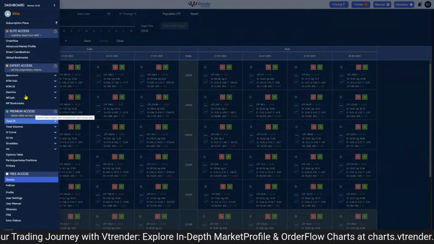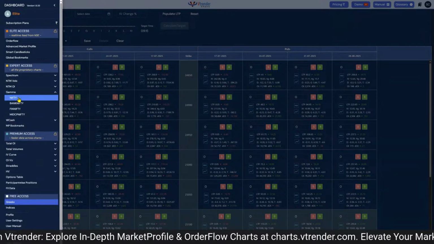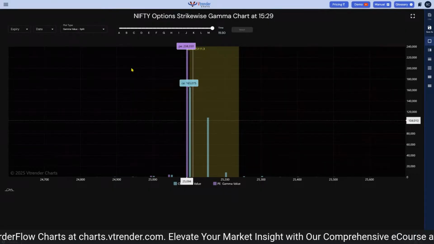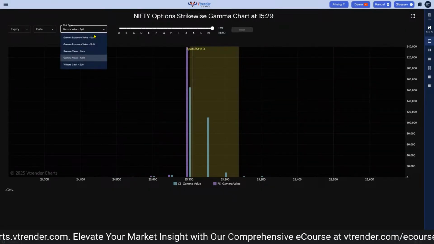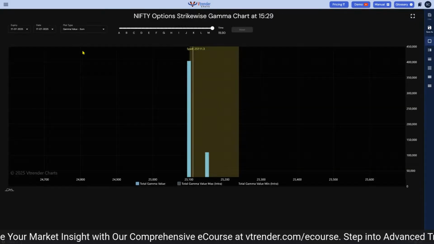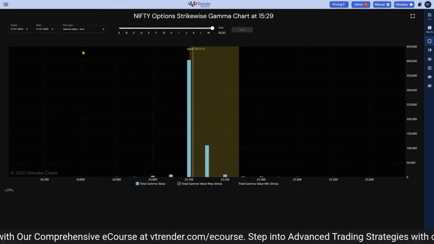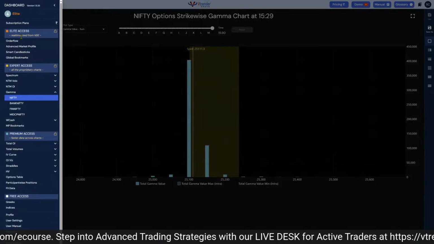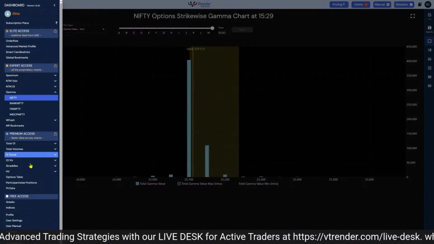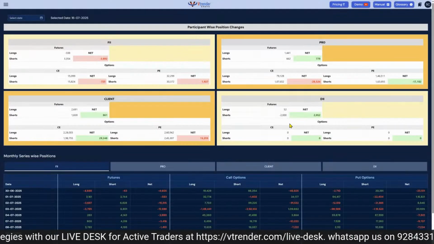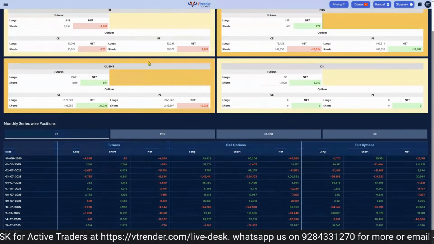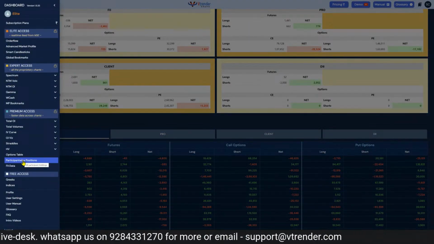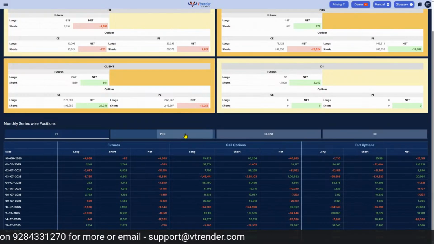What we do is we plot this gamma, which is nothing but acceleration of the change in delta, into the market to understand where the market is focused. And what we are focused on is traders who are short gamma, who have sold options, because we understand that these are the traders who are making money. Now, why do we make that assumption? You need to make that assumption based on the holdings of traders. So if you look at this table, which is the participant-wise positions, I click on pros and clients.